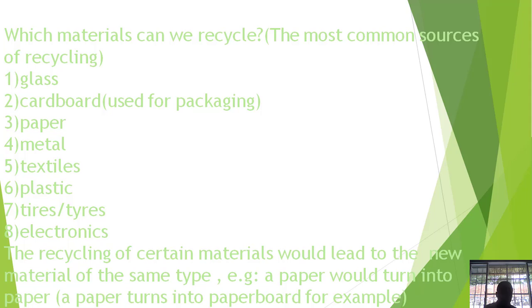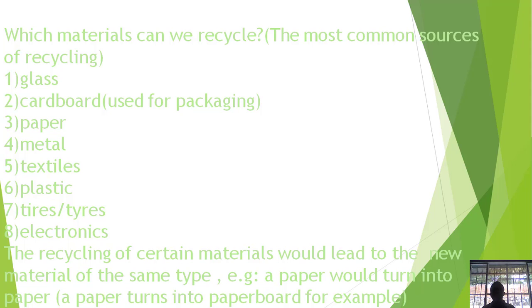We have the tires, like car tires. I said last time the car tire is made of rubber. Rubber can be used to manufacture many products. Tires can also be recycled. Electronics, like the TV we have at home, TV set, radio set, laptops, these are electronic devices. They can be recycled. If your laptop is very old and no longer works, instead of throwing it away, it can be recycled because there are some very important spare parts which can be found in that laptop, which can be reused and recycled to make other products.